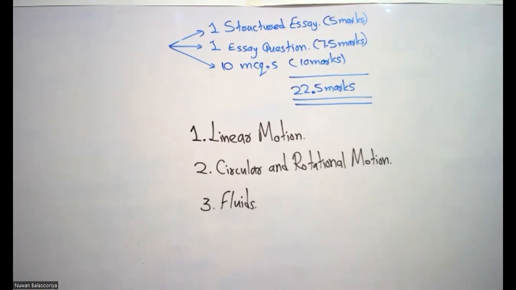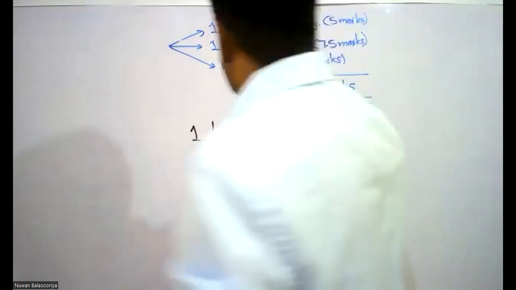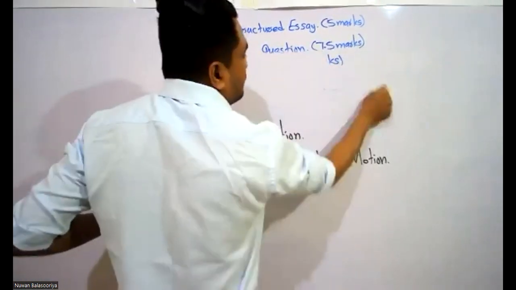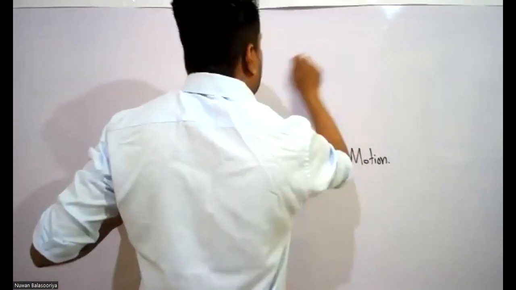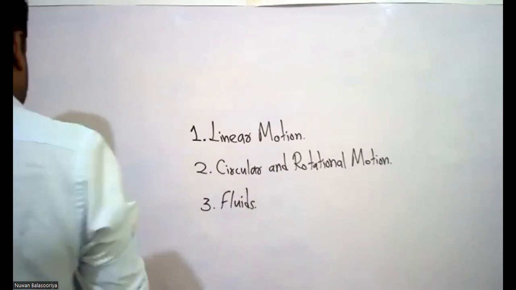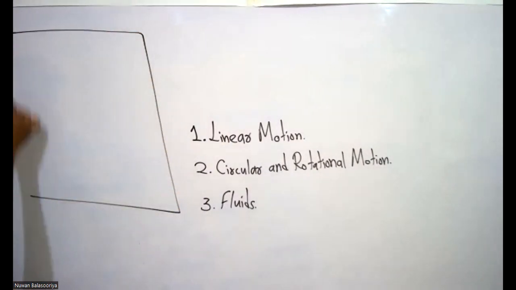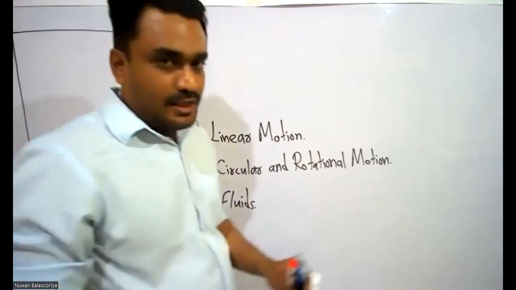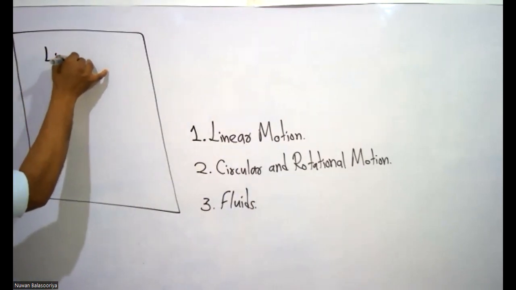Right. In the linear motion section, we start with the linear motion of mechanics. Most of the first few things that you have learned even in O-level science. So, look at the board here. Let's say this is your book, this is the page. So you should write your first heading as